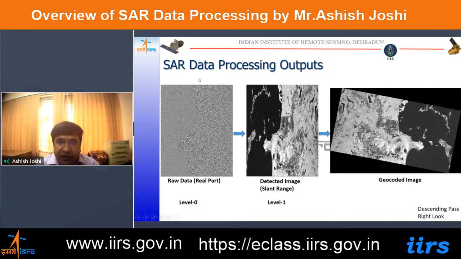If we have the raw data, then we can use the signal processing algorithm to focus the data. If we already have the level 1 data, meaning SLC data, then we can use the geolocation and geocoding algorithm to make the geometrical corrections. Finally, this data is the geometrically correct and radiometrically correct image that we can use for any application. That's all in this presentation, and in this presentation we have learned level 1 processing, level 0 processing, and how to do the geometrical corrections of the